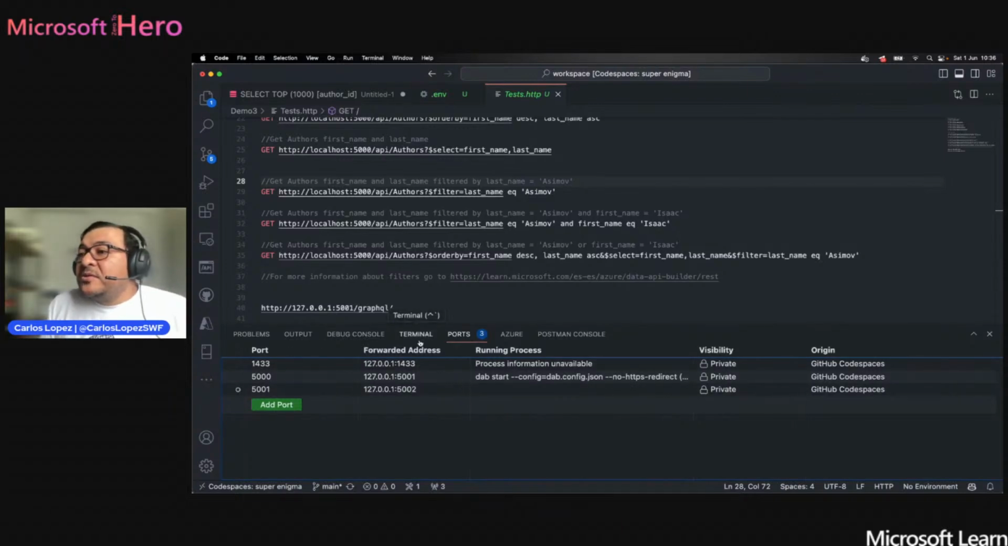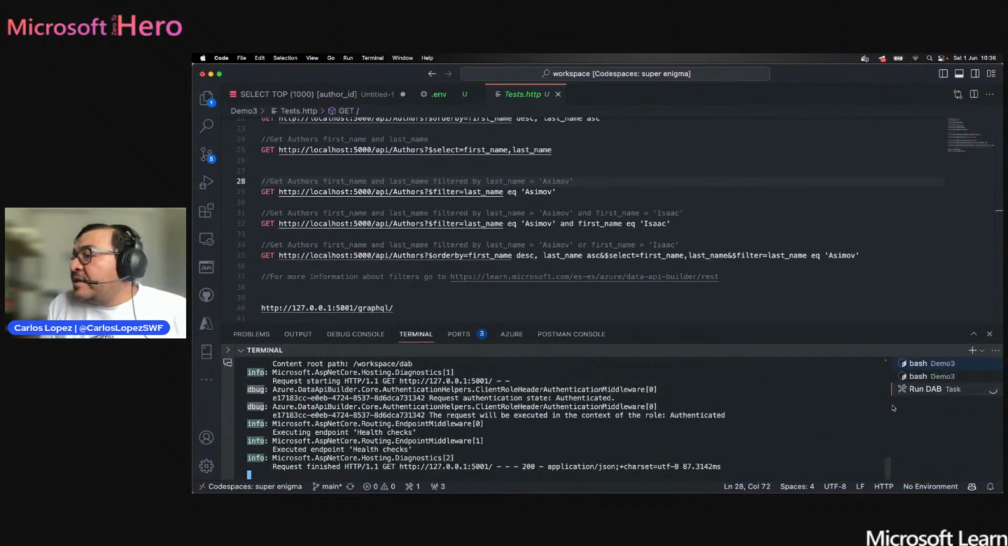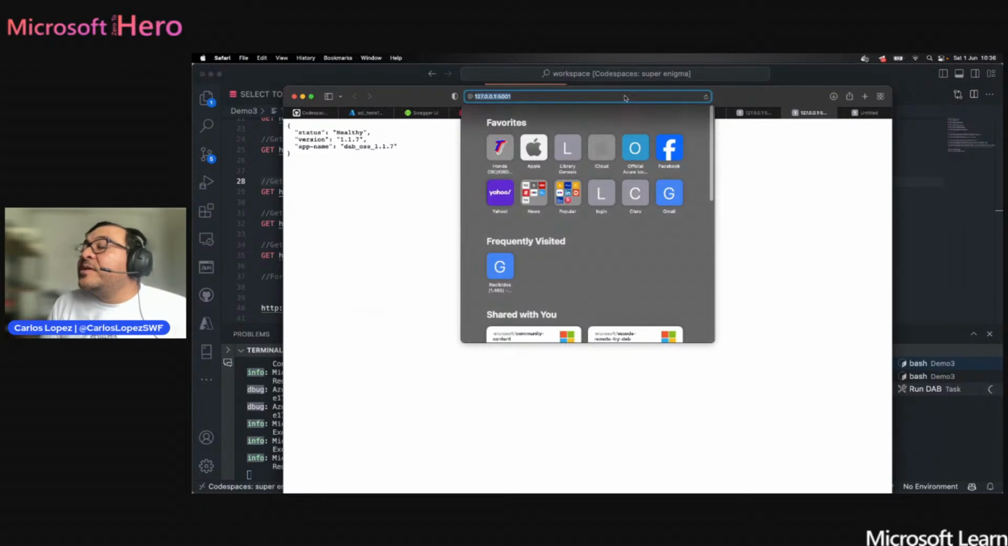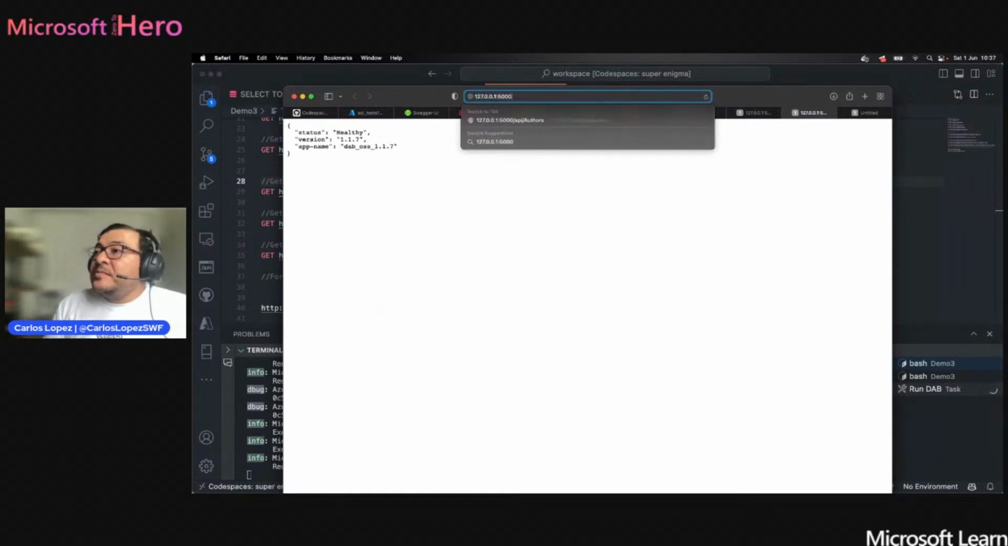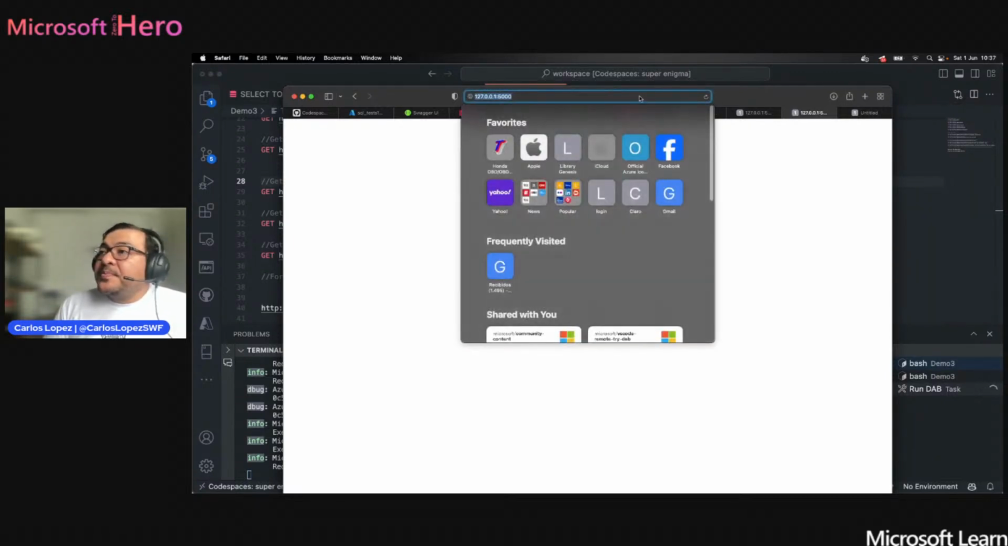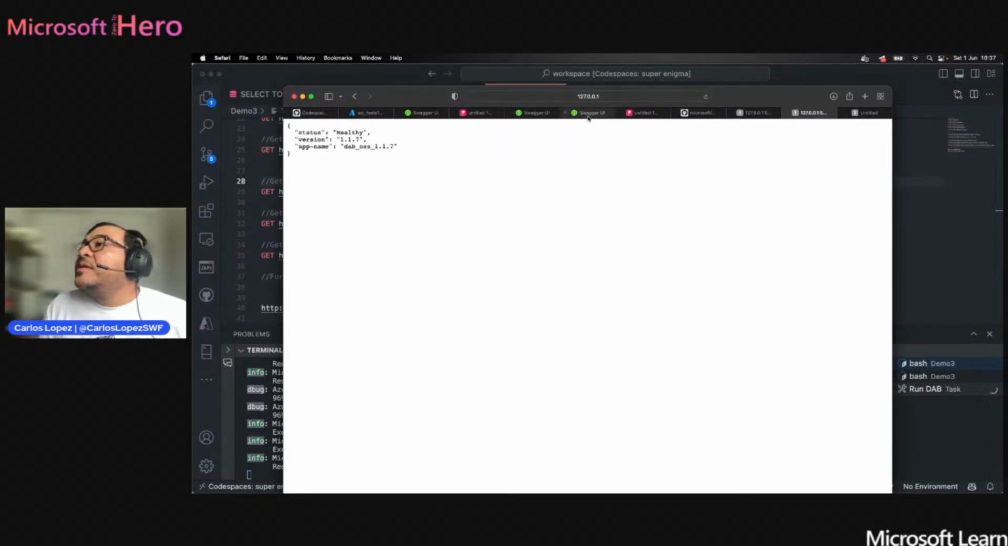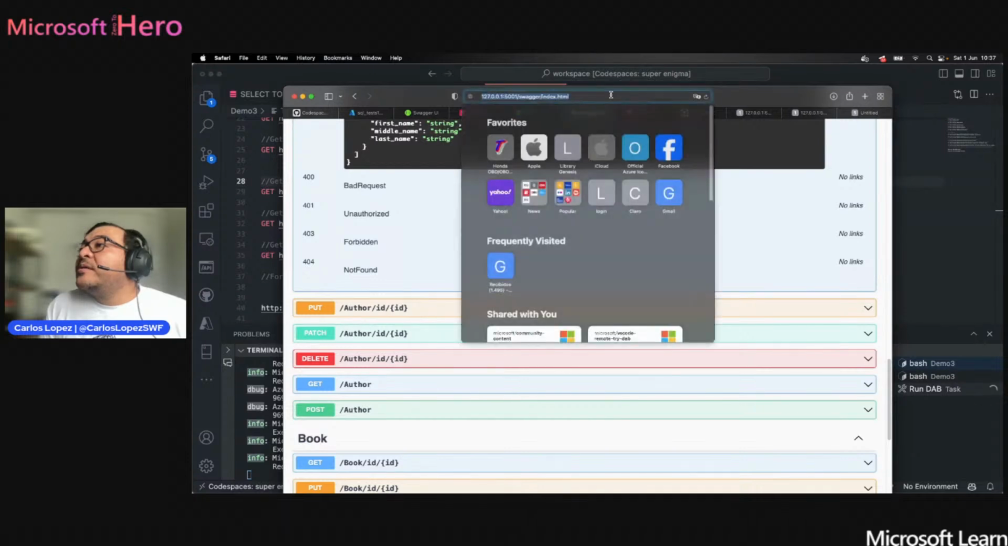Okay, so let's return to the terminal. The task will remain running because it will handle the operation to run the DAB. And let's open the GraphQL. So for that, what we'll do is go to the URL. Let's return here, 5,000. No, it's 5,001. Yeah, 5,001. And I'll use the Swagger